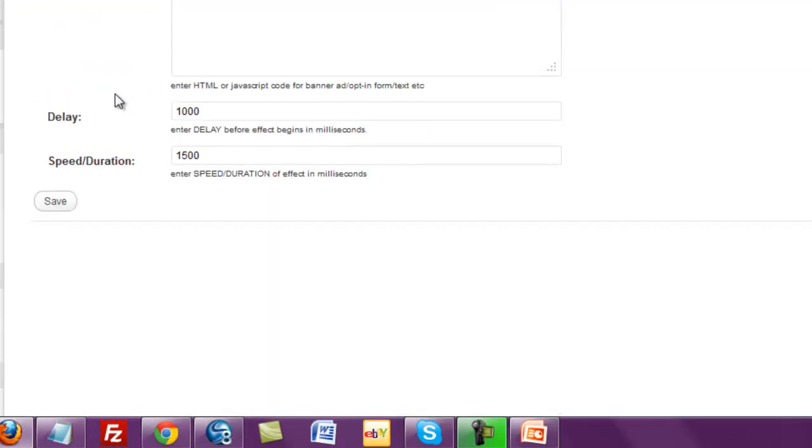And then the delay is on, I think it was 2000, which is basically 2 seconds. So you can have it 1 second or 2 seconds, 3 seconds, 4 seconds, etc. So I'm going to put mine to 4000, and the speed and duration is 1500, so that's basically 1.5 seconds. So they do this in milliseconds. So if we save that,